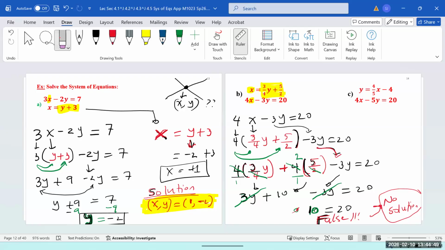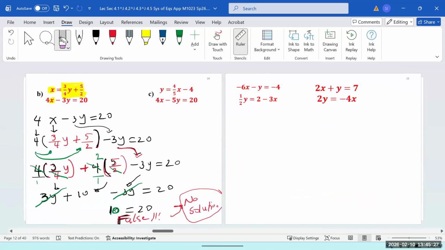Christian, question? What if the numerator for 5/2 equals 3? You take the LCD. Or you can use the other method, solve for y. Because you already see a fraction, it means either no solution or infinite solution. So just solve for y, and then you'll see. Are you guys lost? A little bit. Okay, then try